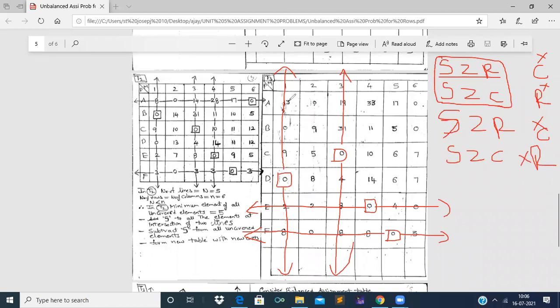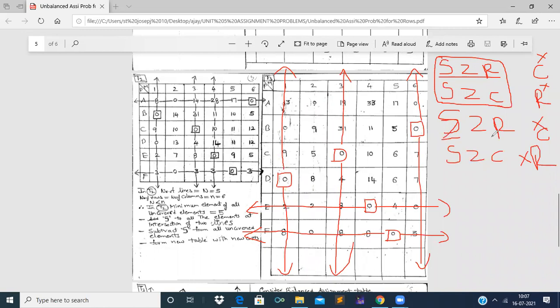Now, from the leftover elements, see here in the first row 2 zeros are present. In second row, single zero is present. Therefore, it is a single zero row search. Therefore, we have to strike off this column, right? We have struck off the sixth column as the assignment is made in sixth column, right? Still, we are in single zero row search. Search 0, no single zeros present. D row, no single zero is present, and E and F rows are exhausted.